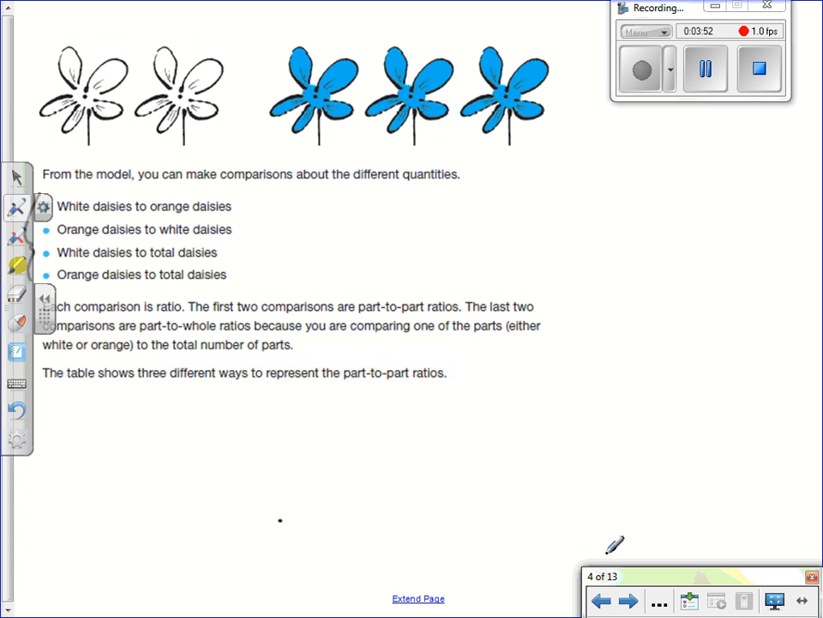So from the model, you can make comparisons about the different quantities. White daisies to orange daisies, white daisies to total daisies, and orange daisies to total daisies. Each comparison is a ratio. The first 2 comparisons are part-to-part ratios. The last 2 comparisons are part-to-whole ratios because you're comparing one of the parts, either white or orange, to the total number of parts. So a part-to-part ratio talks about